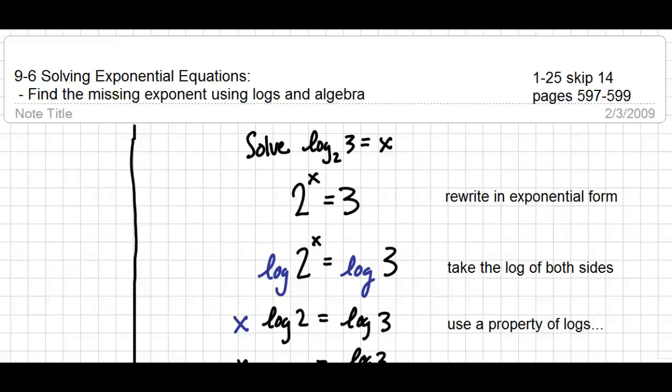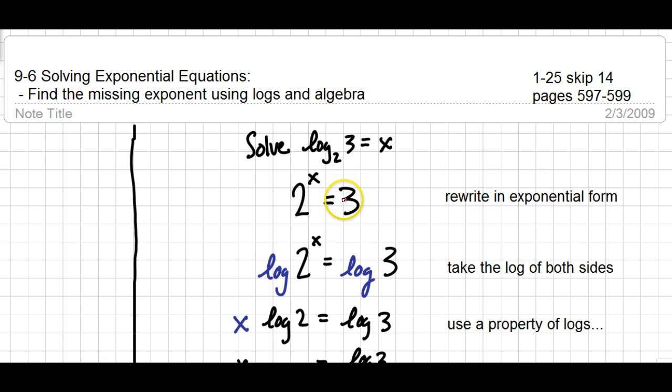This lesson is for FST lesson 9.6 on solving exponential equations. What we're going to be doing today is finding a missing exponent using logs and using algebra. Typically the question is either going to start out as log of another base of a number equaling something. And so when you write that out in exponential form, it's base 2 in this case, raised to an unknown